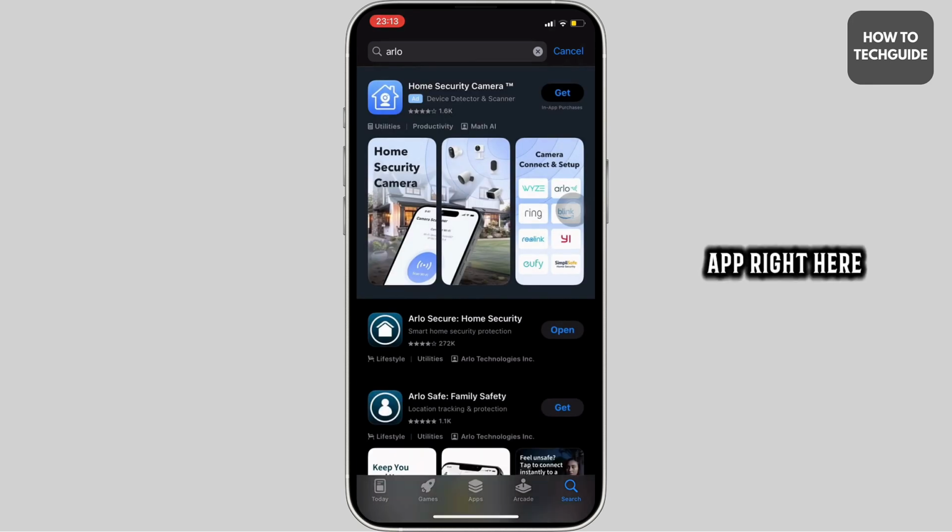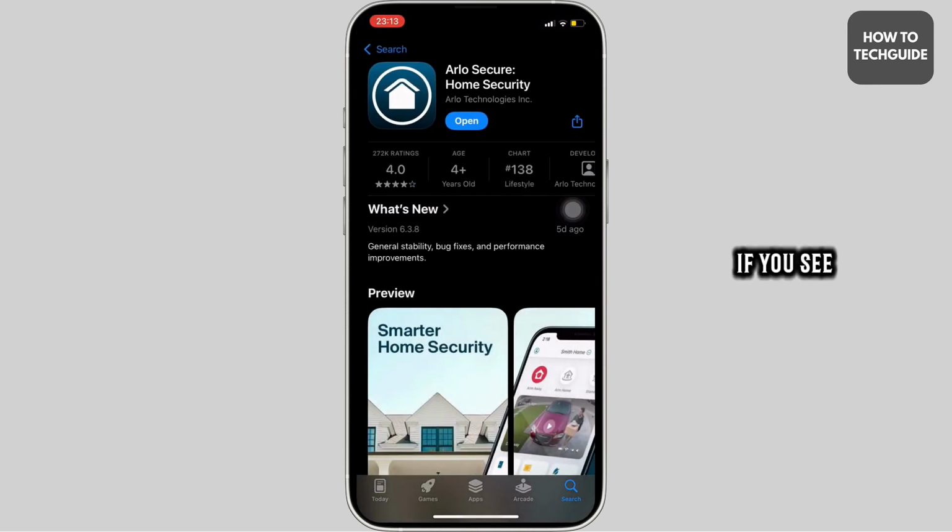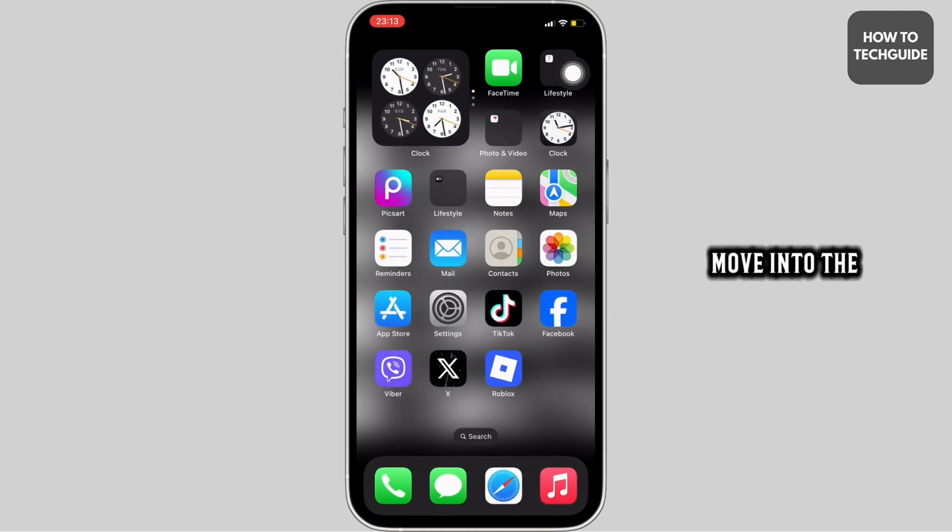Move into this app. Right here, instead of open, if you see the option of update, then you are not using the updated version of the app. In this case, click on update and update the app. Once you've got the updated version, the next step you want to try doing is move into the settings of